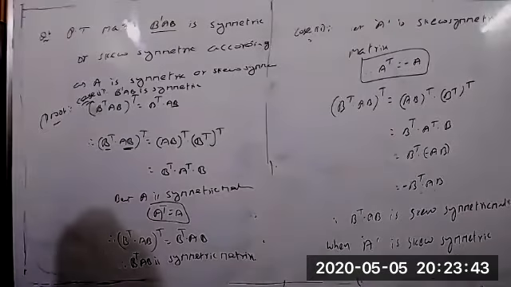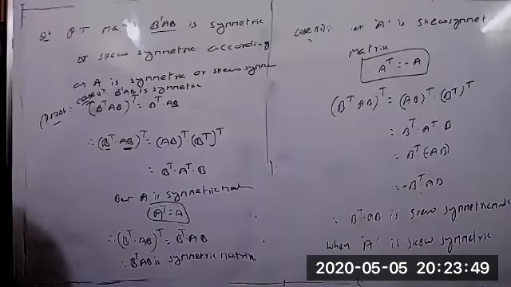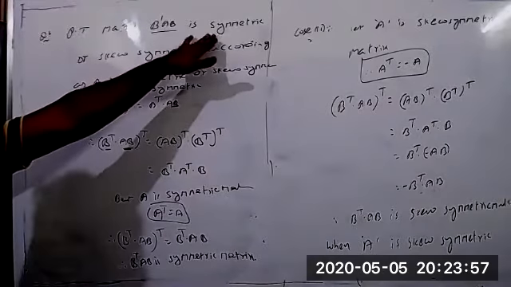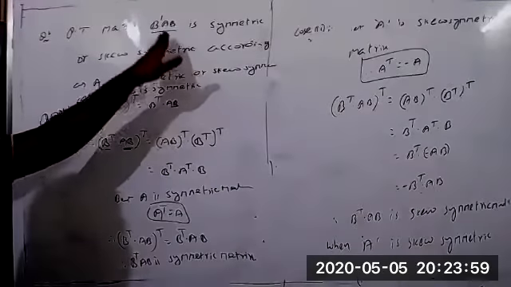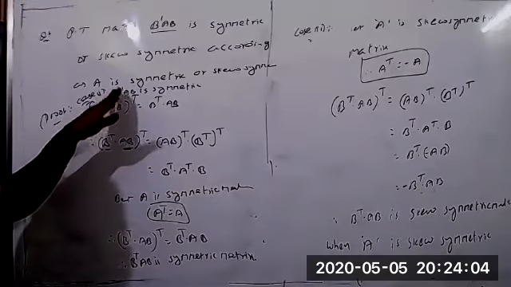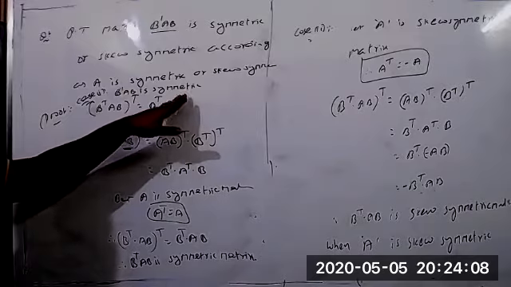Yes, sir. Very easy, nothing is there. Whatever we have taken, we take the whole from that. Both question number 4 and question number 5 will follow the same procedure. Because we have to prove that this is either symmetric, first one, or skew symmetric, that's why I am taking 2 cases. The first case: we have to prove that B dash AB is symmetric. We have to prove this compulsorily.